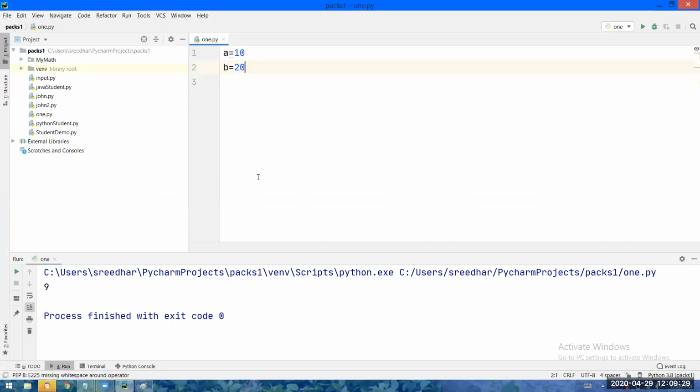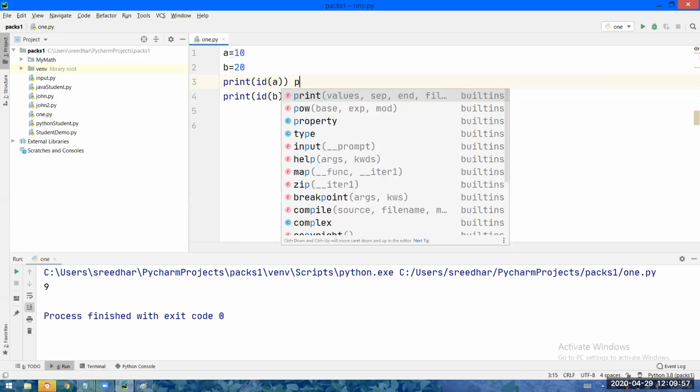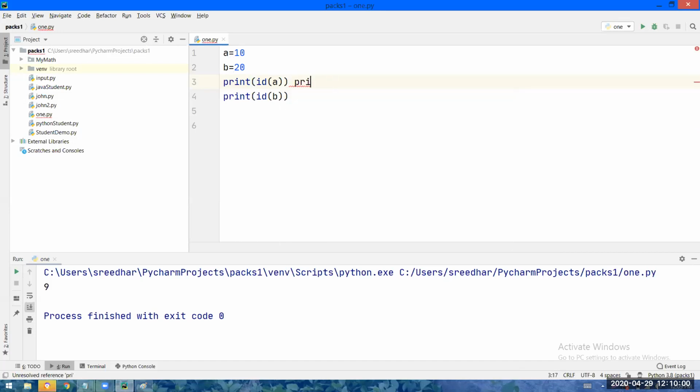Okay, fine. So I know the meaning of this line. I am retrieving the address of A and printing the retrieved address. But in future, let us say after 1 year, I may forget the meaning of this line. So for my own remembrance, I will write some description regarding this line. I'm just writing like this: printing the address of A. So for my own reference, I'm putting this description.